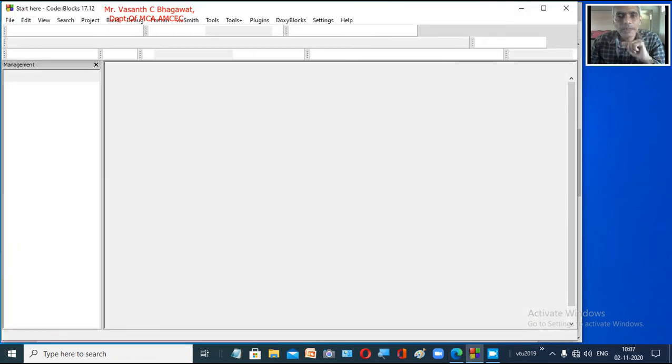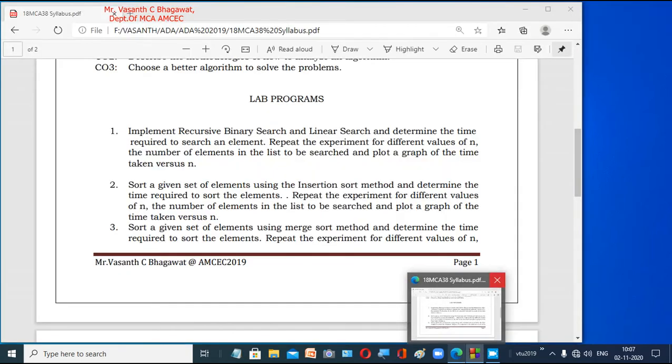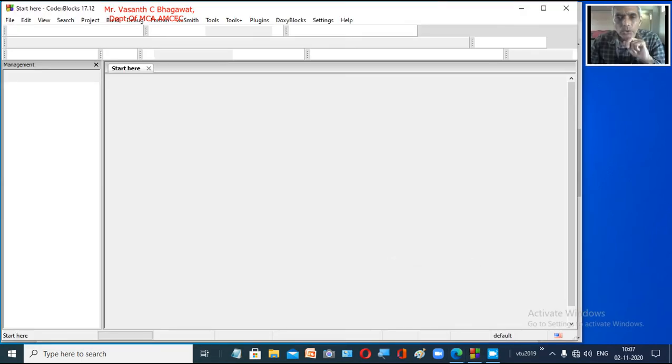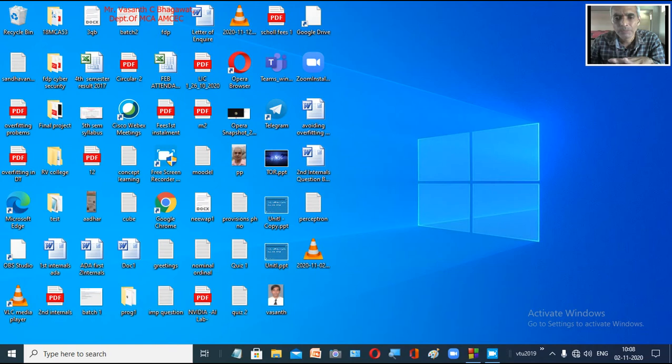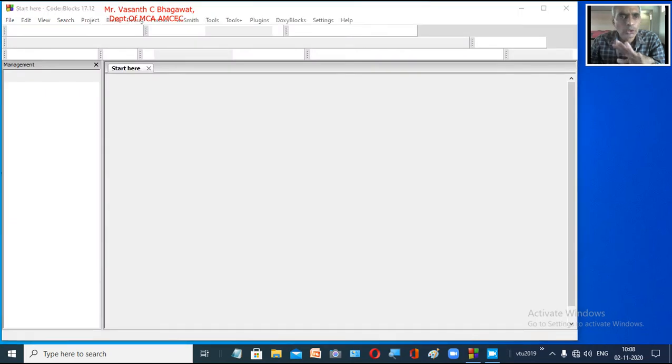So now let us open Code::Blocks. You know that I have already installed it, so you have installed Code::Blocks on your machine. And you know how we are working. Already we have seen how to execute these programs in our Code::Blocks environment. So now this is Code::Blocks. Let us load it. Once it is loaded,